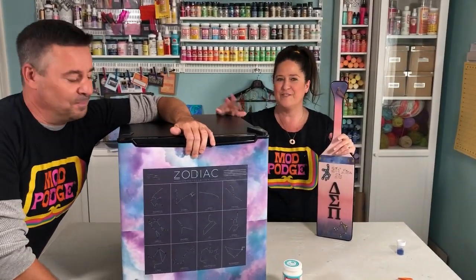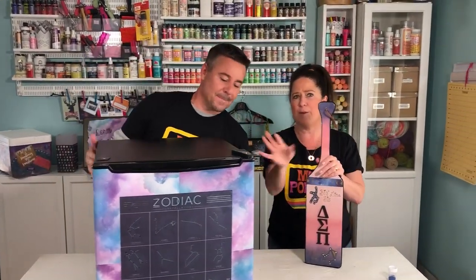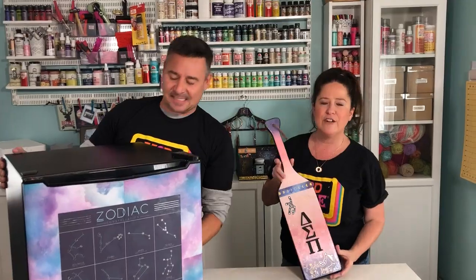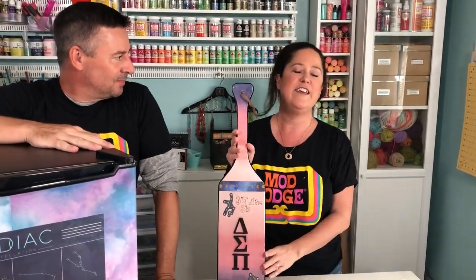Yeah, it's very cool. This can be fun, so it's endless what you can do. You can even collage color copies of photos of your family and friends. Now we've got 2 last projects to show you, and one of them is the